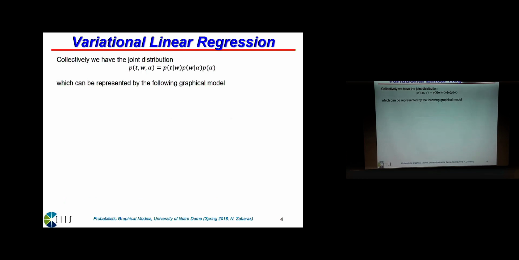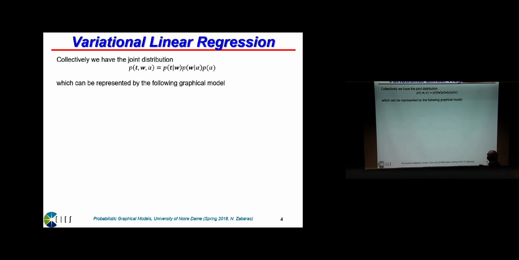We mentioned that there is an analytical solution to this problem. You're not supposed to know it, so if you know nothing about regression, we will try to do this from scratch in the context of variational inference. So to do variational inference, we need the joint